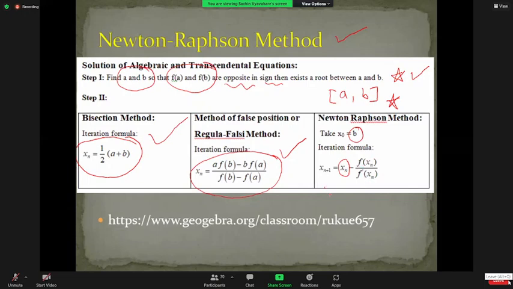Okay, so you can say the formula may look like this: Xn plus 1 is equal to B minus f of B upon f dash of B. There is one more thing that we require here, that's the derivative of the function. Previously we just had f of B. Nowhere is calculus involved, so we don't want the derivative of the functions in bisection and false position. But in Newton-Raphson, we have this